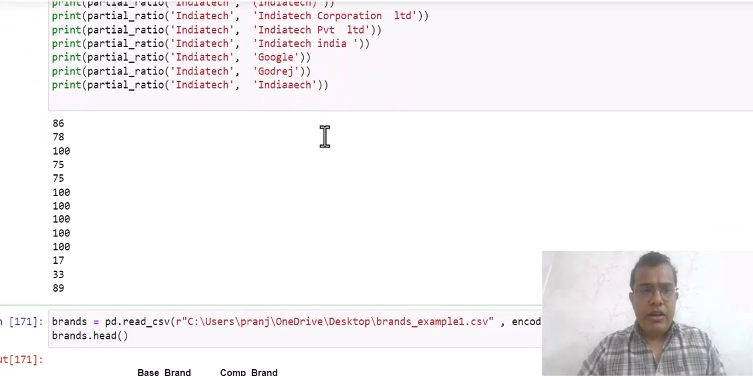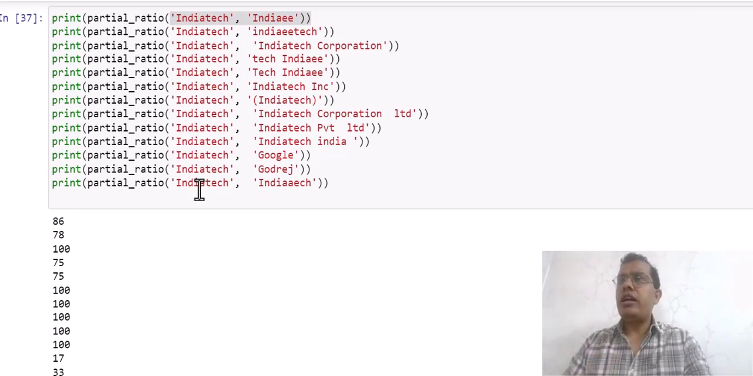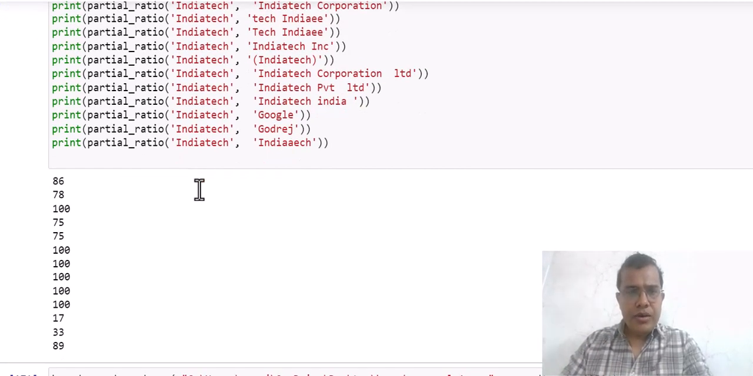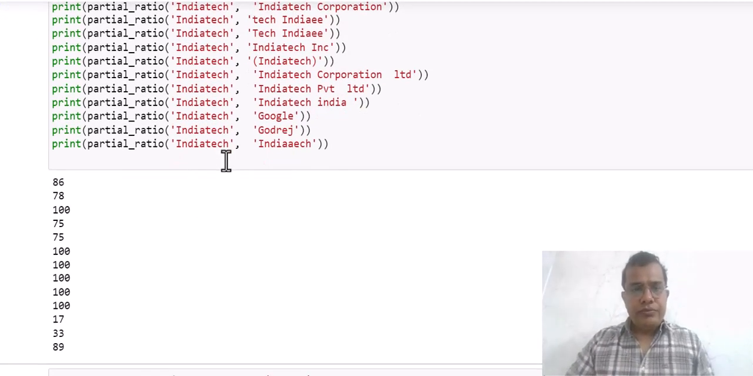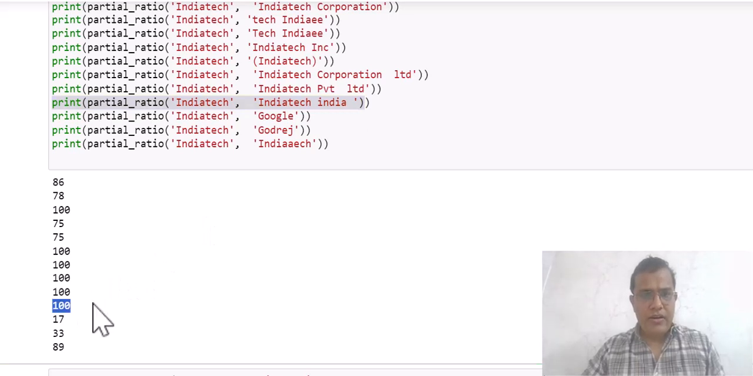So we are getting the scores. The similarity between this and this is 86. Over here, the scores are between 0 to 100. 0 indicates least similarity and 100 indicates highest similarity. So for example, over here, if I say India Tech and India, it says that the similarity is kind of